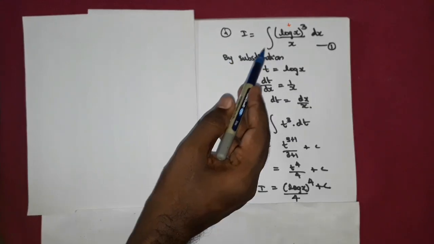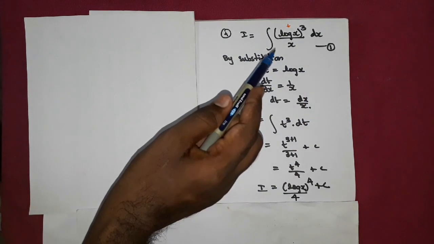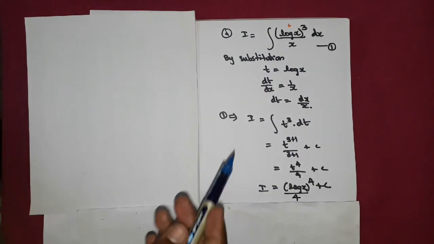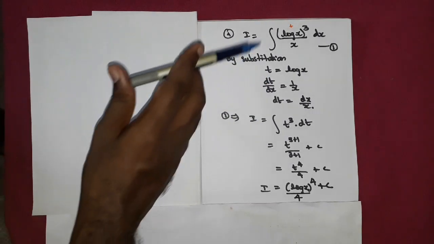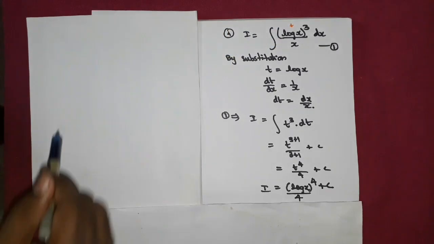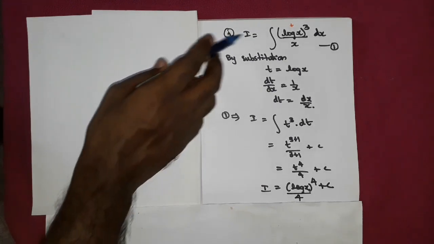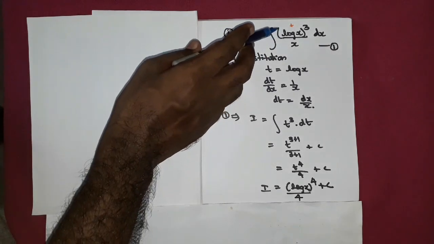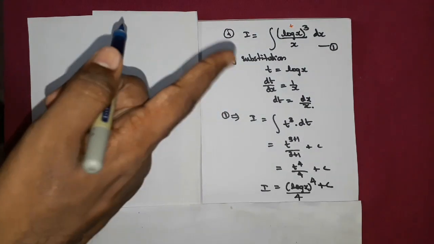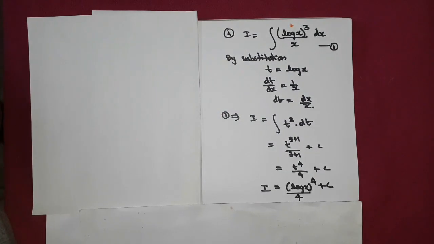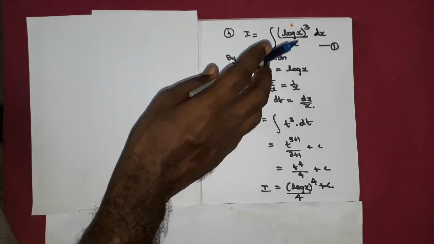I equal to integral log x the whole cube by x into dx. Right. So this time in the integral, do you see any composite function? Yes. The orange color arrow mark you can see, log x the whole cube. That is log x lies within the whole power 3, right? So this innermost function, if you differentiate, you will get its answer in the integral. Can you see? Log x when you differentiate, what is the answer? 1 by x. We can see it in the integral, 1 by x.